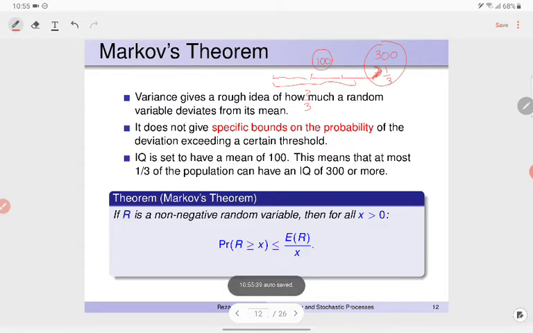So even though we set the other 2/3 to 0, for example,